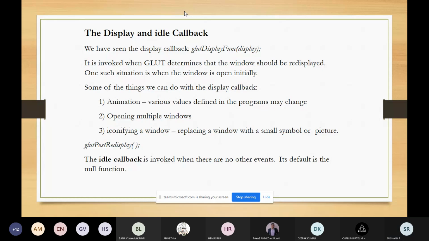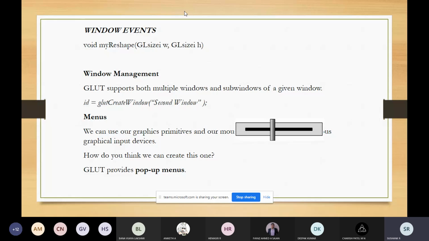Similarly, now we'll talk about some window functions. Why will this window event be generated? This window event will be generated whenever you are changing the shape of the window. For example, you can maximize the window size, or you can minimize the window size.